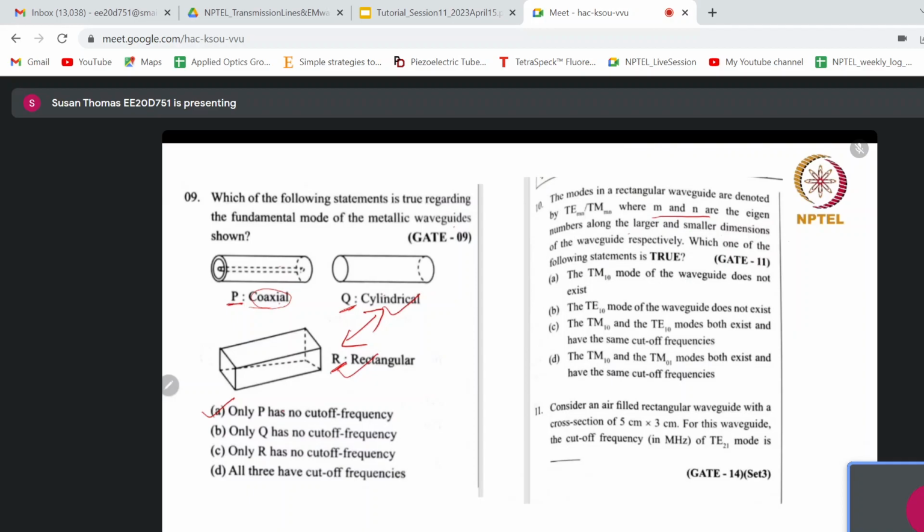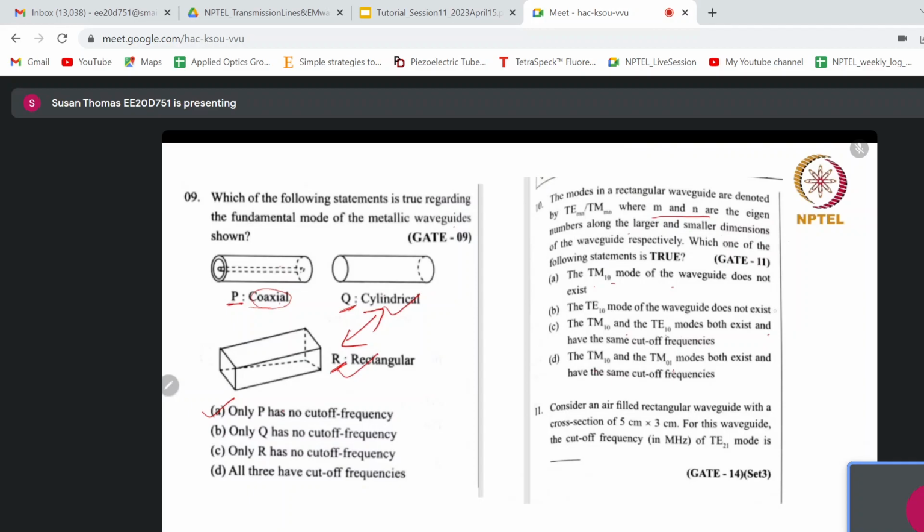Okay, so this is about the TE and TM modes in a rectangular waveguide. So let's read the statements. TM10 mode does not exist. Second option, TE10 mode does not exist. TM10 and TE10 mode both exist and have same cutoff frequency. TM10 and TM01 both exist and have same cutoff frequency. Okay. To answer this question,